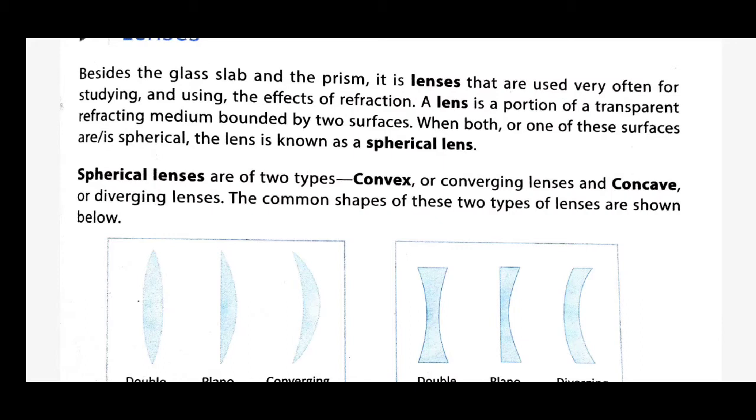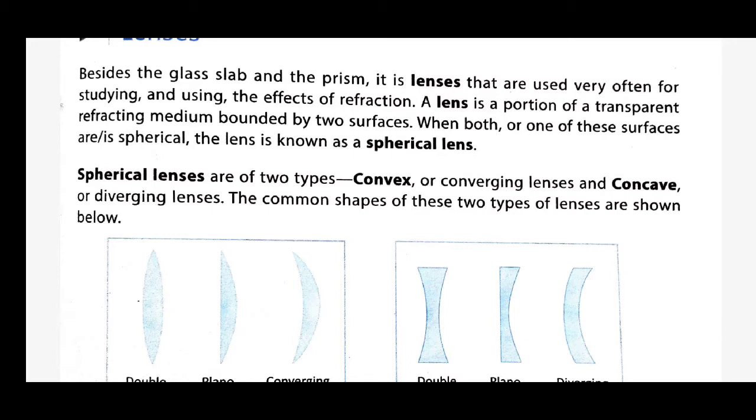For a spherical lens, the material by which the lens is formed must be transparent and both its surfaces are spherical for this level. If you go to a higher level, then you may get lenses in which only one surface is spherical. But at this stage, we have to study such lenses which have both surfaces spherical.